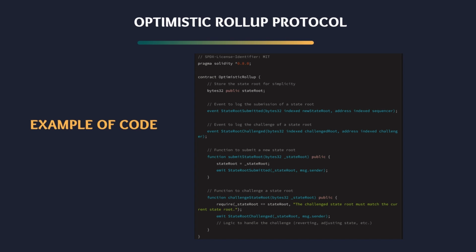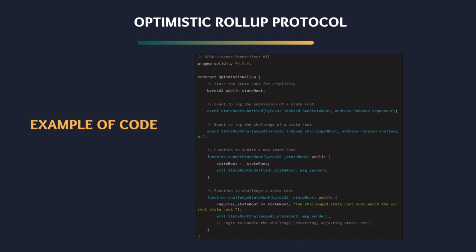The submitStateRoot function allows a sequencer to submit a new state root. When a new state root is submitted, it is stored in the stateRoot variable, and a StateRootSubmitted event is emitted, logging the new state root and the address of the sequencer. The challengeStateRoot function provides the mechanism for participants to challenge the validity of the current state root. If the submitted state root does not match the existing one, a StateRootChallenged event is triggered, identifying potential